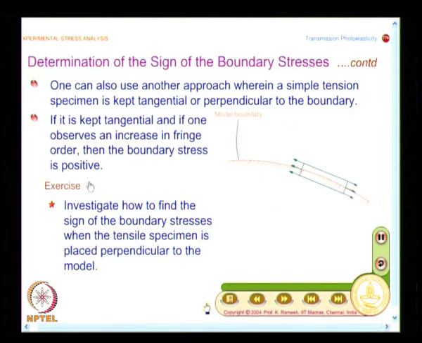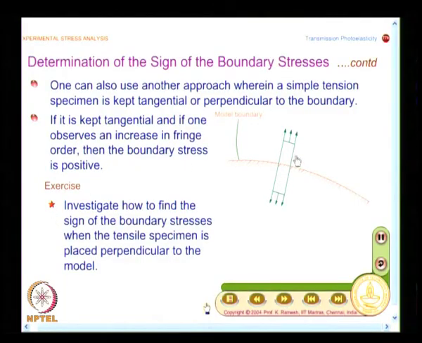That you take as a home exercise, because here you have to be very alert in your logical development of the argument. If you miss the way you have added the retardation, you may end up with a wrong result. You can't say if the fringe order increases it is always positive, and if it decreases it is always negative. That kind of generic conclusion we cannot arrive at.